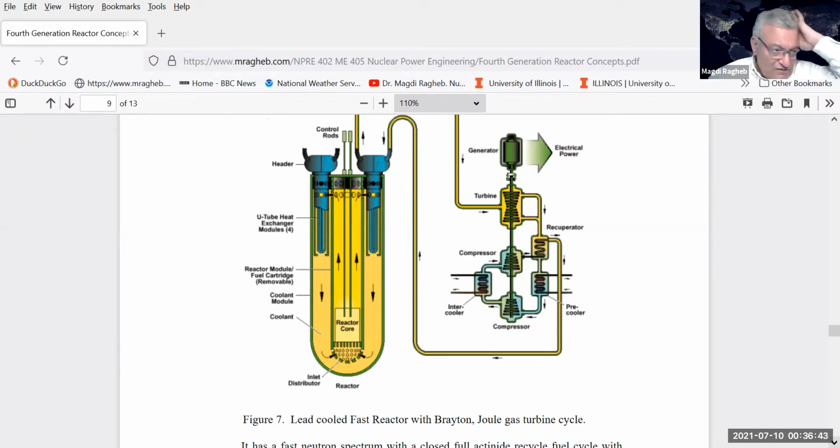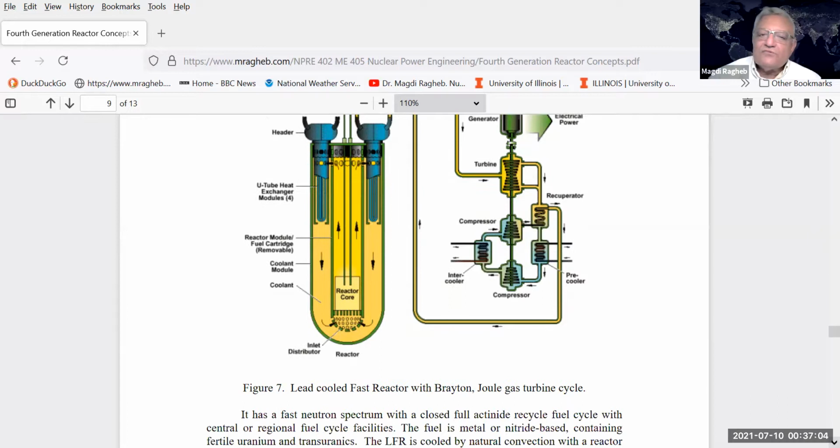Some people suggest that if we continue operating on the existing designs of light water reactors, we are using up the cheap supplies of uranium-235. And if we continue using the cheap supplies of uranium-235 without breeding, we may end up without cheap supplies. We'll always have uranium-235. Even uranium in seawater can be extracted, but the costs will start going up. So in that case, breeding becomes the vision of future